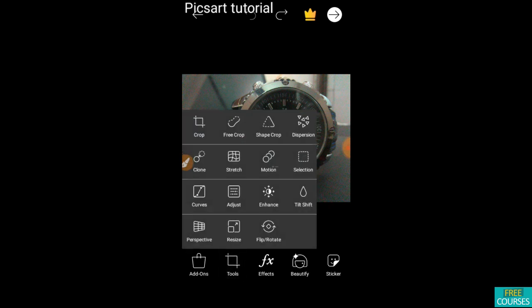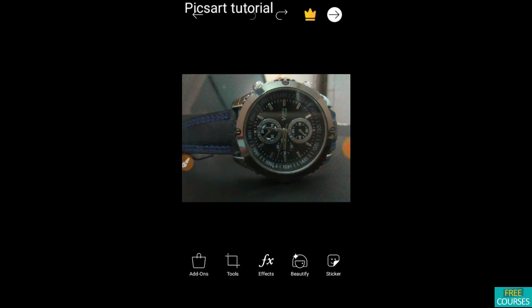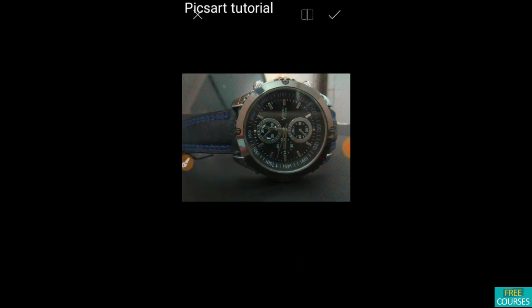so the next one is the motion. If anything is in motion, right now the watch is stable, so I don't need to use it, but in order to show you something I am using it. For example, if you are a photographer and you have just taken a photo of a car and you want to make it look like a professional photograph, you want to make it move, so you just use this option, like you just use the area which you want and then just do, sorry,